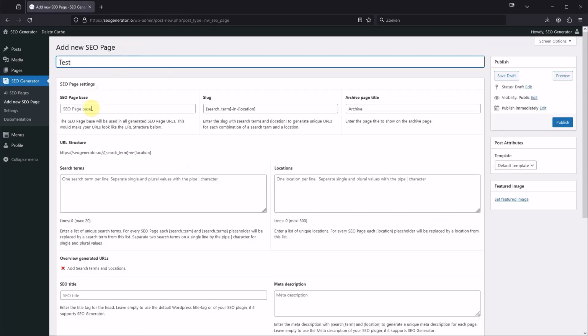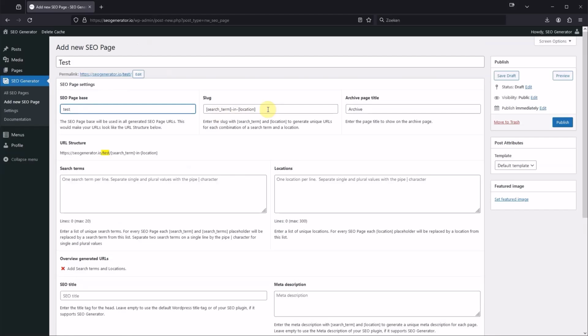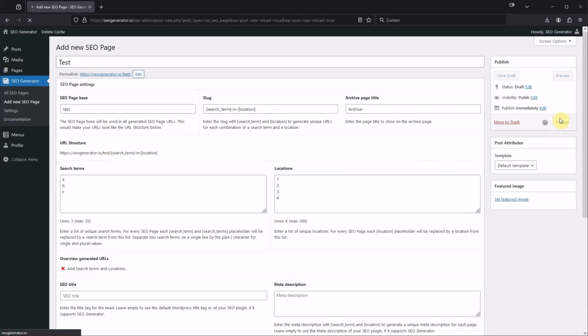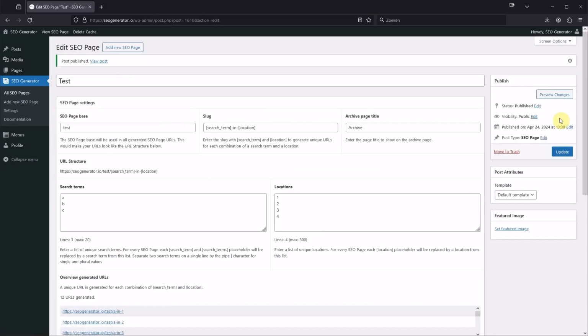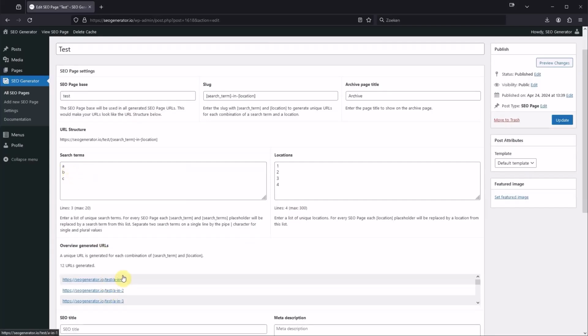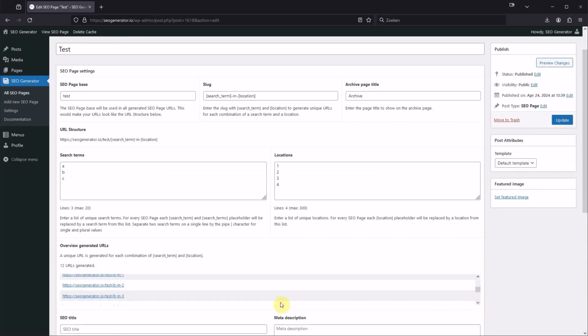Let's set our title, our SEO page base. The slug is already pre-filled with a default value, which you can override anytime to anything you want. And let's add some dummy search terms and locations. When we publish the page, we see we have 3 times 4 is 12 URLs generated. A in 1, A in 2, A in 3, and so on. B,